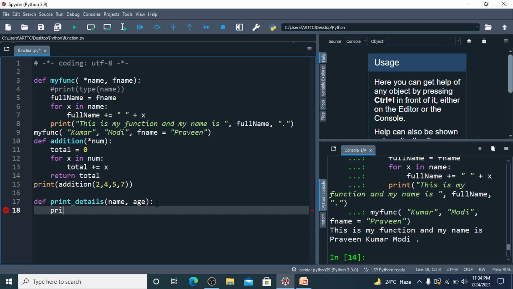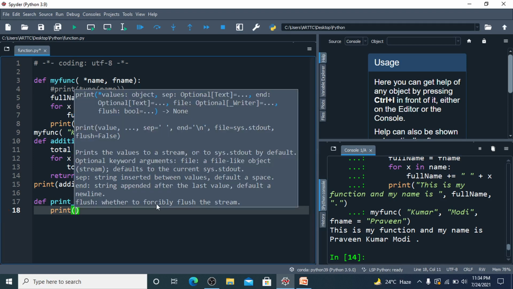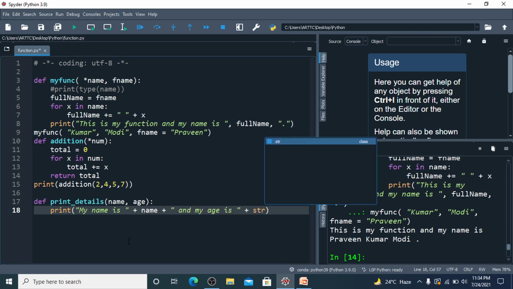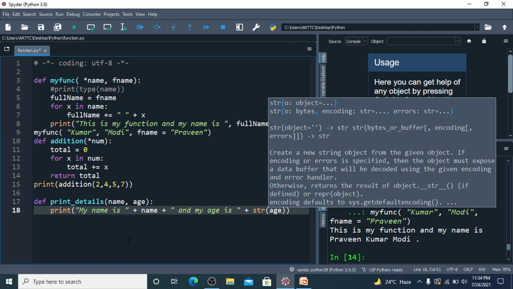And we are just printing, print my name is plus name plus, and my age is plus str age.